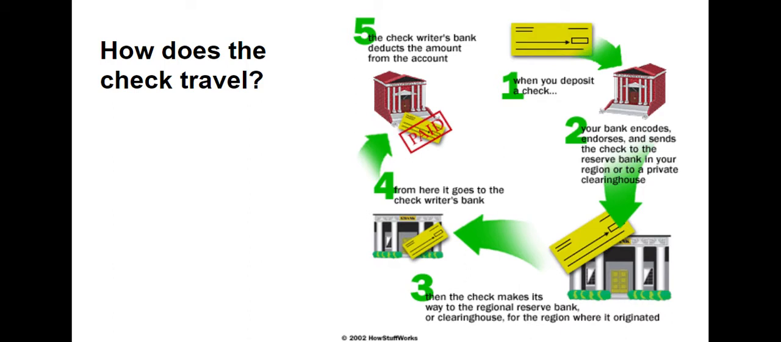So let's say you get a check. All right, it's your birthday, or in a couple years you graduate, and somebody's giving you a check. So you go take your check and you deposit it at your bank. Your bank is going to encode it. They're going to endorse it. So at the bottom of that check, they'll endorse it on the back of it, and they're going